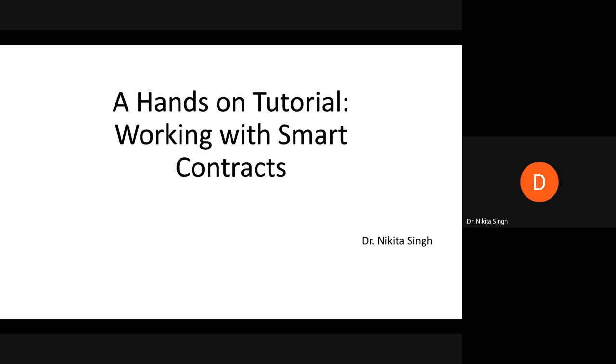So we are all familiar with Solidity, which is an object-oriented language which has been specially developed for writing contracts. Also, it is a high-level language and it has inherited a lot of traits from C++, Python, and JavaScript. So your Solidity compiler compiles your source code into a bytecode. The reason for doing that is because you have an Ethereum virtual machine which only understands the bytecode. So using Remix, which you know is an open source IDE for developing and testing contracts, we have deployed our smart contracts.